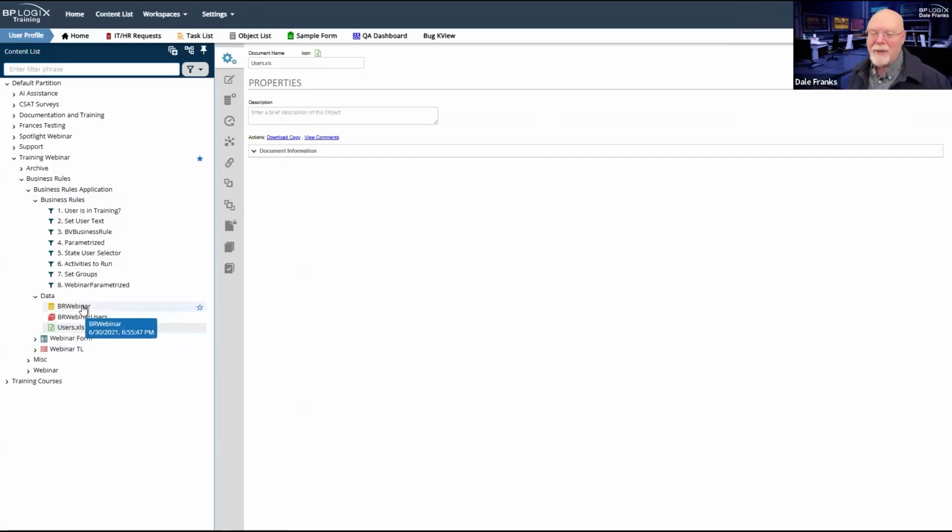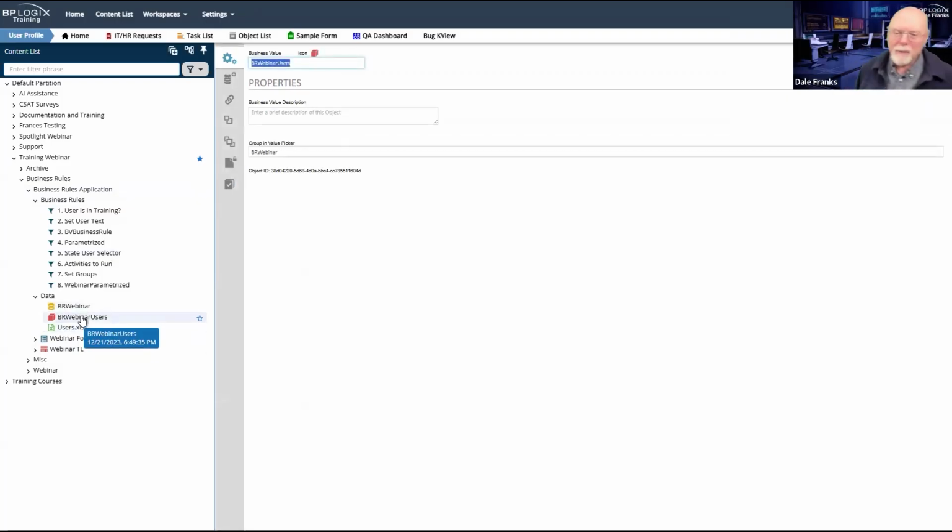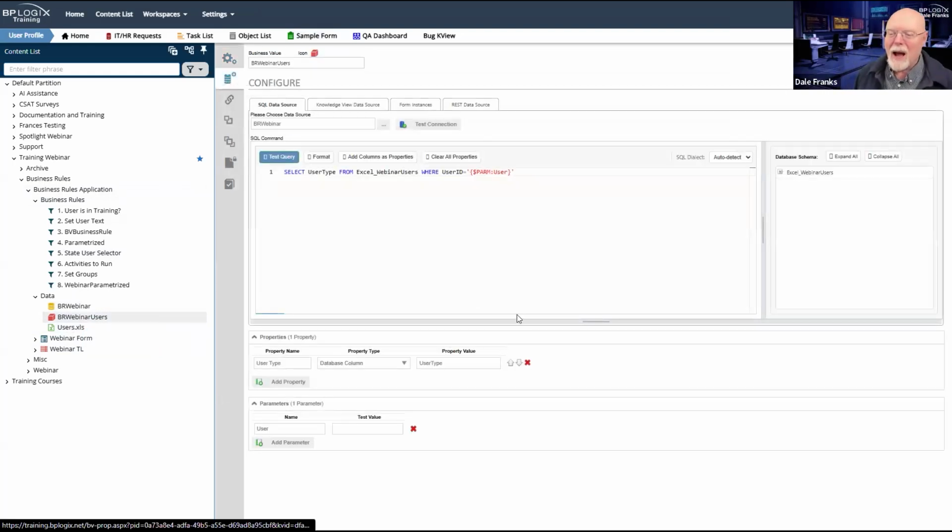So I've obviously got my data source that connects me to this users table that gets created when the Excel sheet gets imported. And based on that data source, I have my system variable, or I'm sorry, my business value. And this business value is parameterized. So we saw that there was a parameter called user previously, and there is that parameter. And this business value is pretty simple.